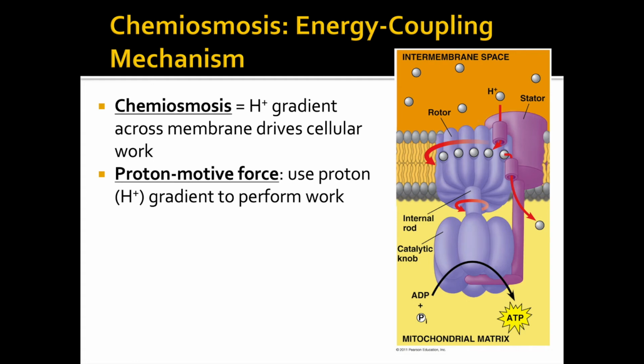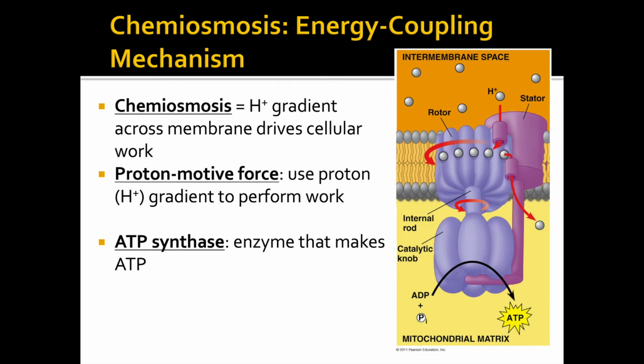So these protons, these hydrogen ions, can actually move, and as they flow and diffuse down their concentration gradient, it can be used to perform work. And so that's a chemical storage of energy, and the work that it can do transforms into mechanical work. You can see here in this diagram on the right, that is ATP synthase, the enzyme that catalyzes the